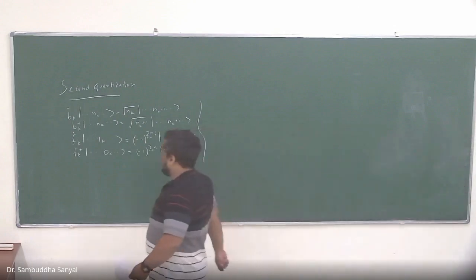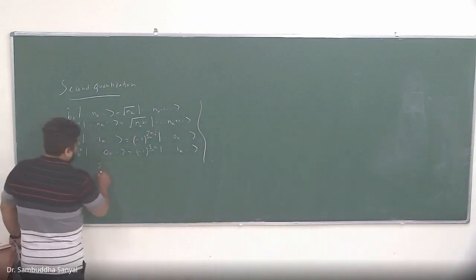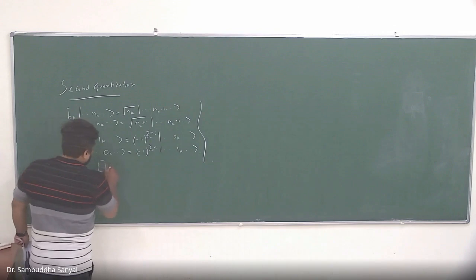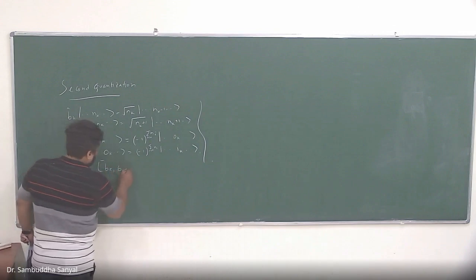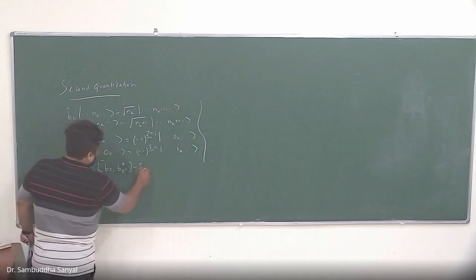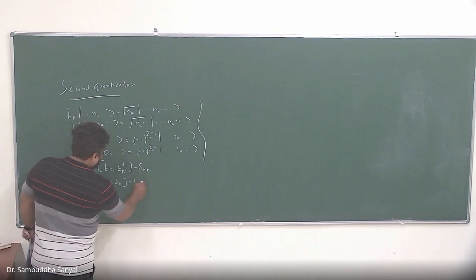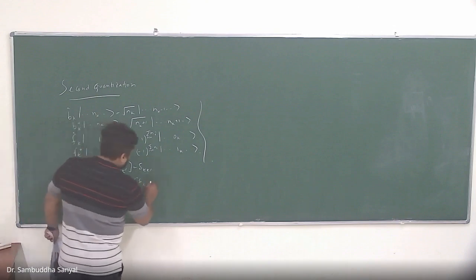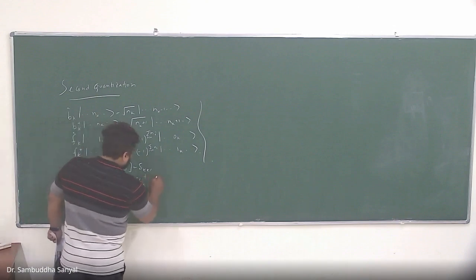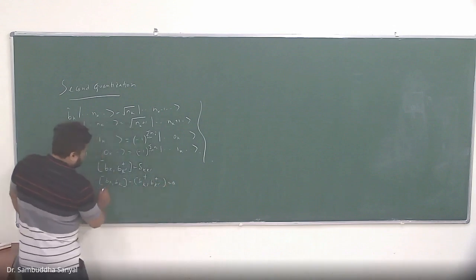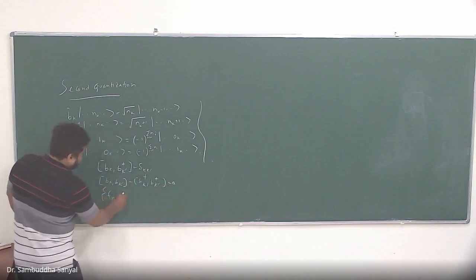So this will imply, I asked you to check that d_k d_k' is delta kk', and all other things, that b_k and d_k are 0, and similarly for fermions it is